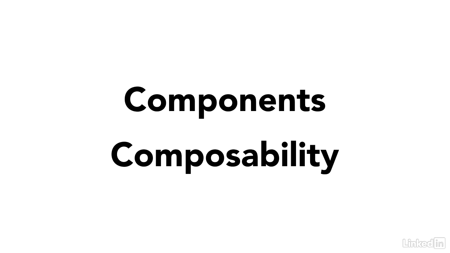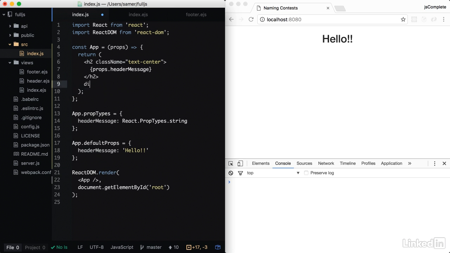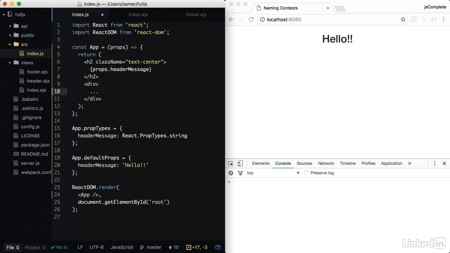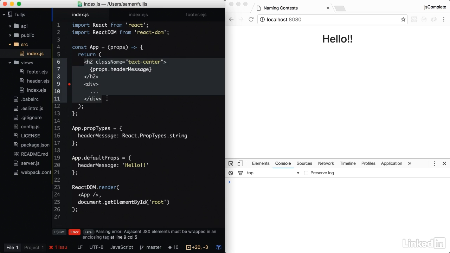Let's add some more content to our application. I'm going to put a div in here. And in the div, eventually we're going to render our naming contests. For now, I'm just going to do 3 dots. And you'll immediately get a JSX parsing error that says these 2 HTML elements must be wrapped in an enclosing